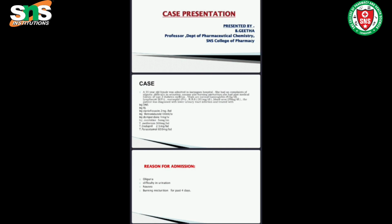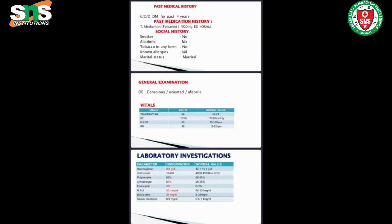oliguria. Diabetes mellitus patients have to be carefully monitored for these types of renal disorders too. She had difficulty in urination, and she was found with the symptoms of nausea and burning micturition. For the past history, she had type 2 diabetes mellitus, and she had been analyzed for the routine biological